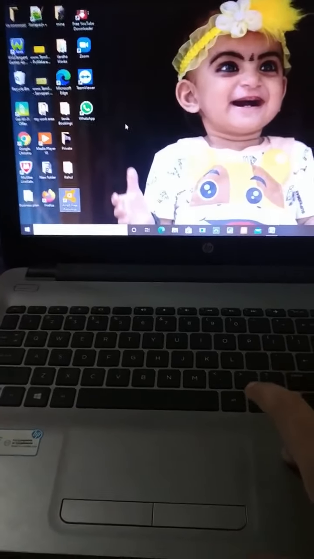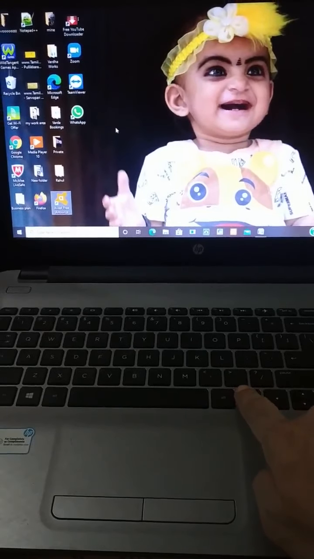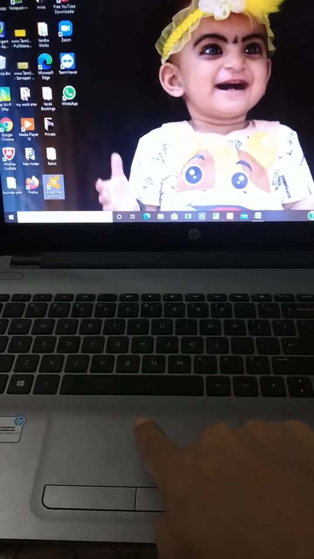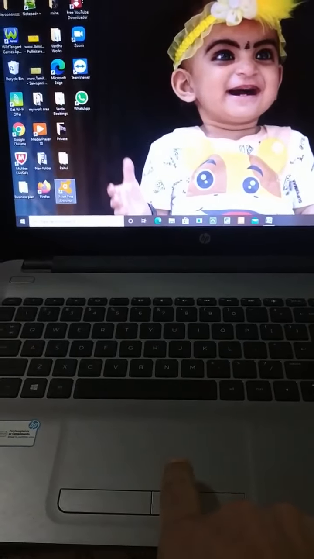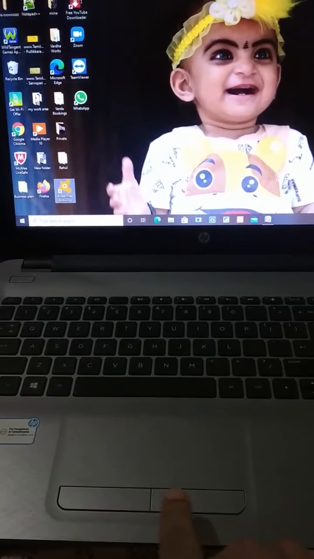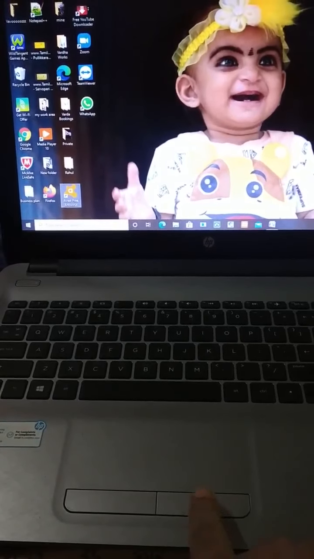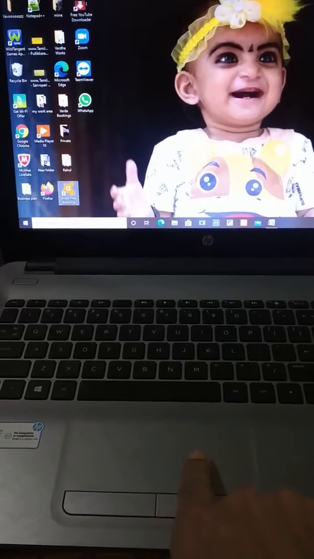Okay, so in the laptop we have a monitor, keyboard, and there is no separate device called mouse. Instead of that, the mouse is already installed in the laptop itself, right? Look here, this is the mouse and this is the left button of the mouse, right button. And in the desktop computer, in the separate mouse, we can see a wheel in the center, right? That wheel is here.